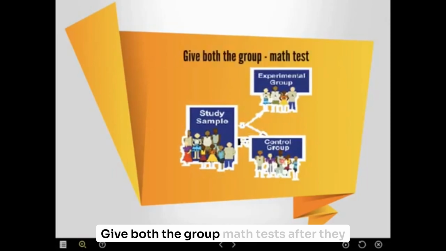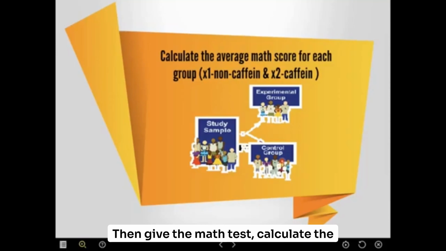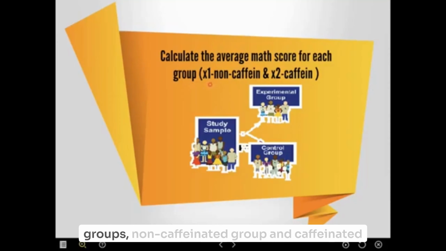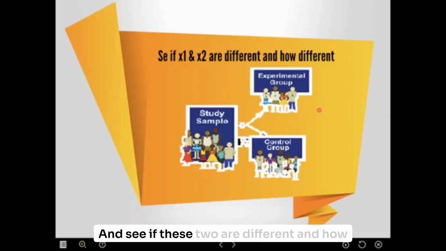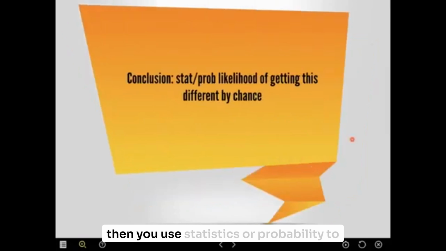You just give both groups a math test after they consume the beverage, either caffeinated or decaffeinated drink, based on the group they were randomly assigned to. Then give the math test, calculate the individual math scores, then take an average of all these math scores for these two groups, non-caffeinated group and caffeinated group, and see if these two are different and how different they are. Are the average math scores for this group and this group different? If so, how different? Then you use statistics or probability to check if the difference you found between, let's assume,